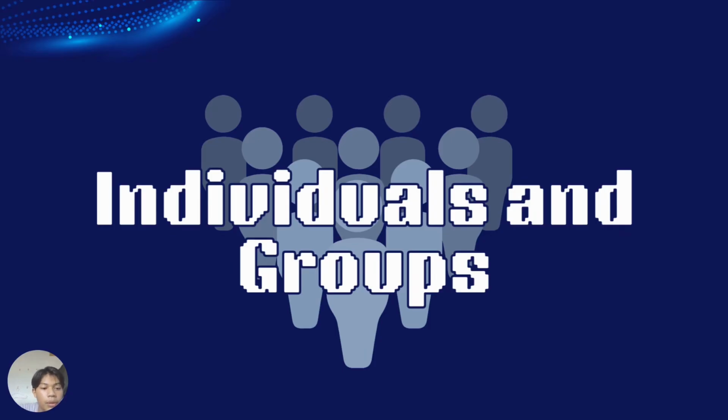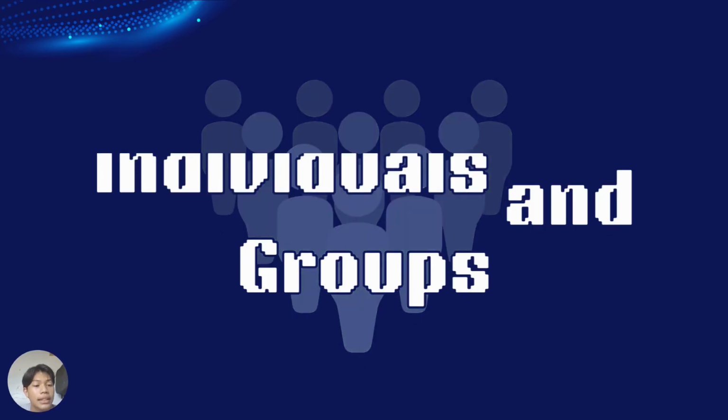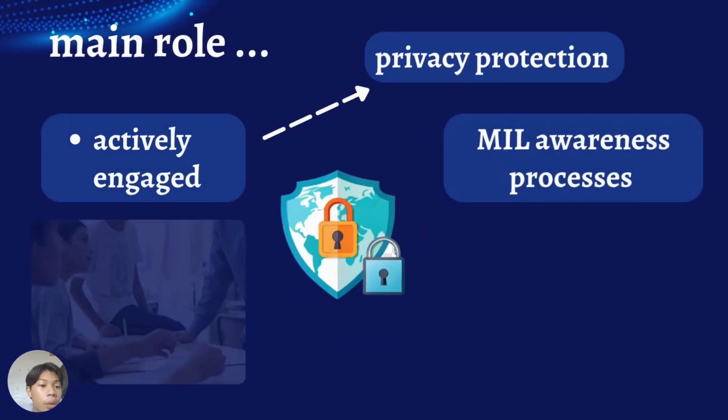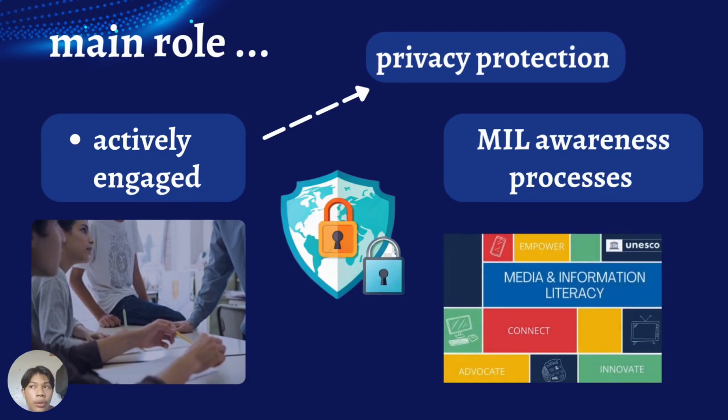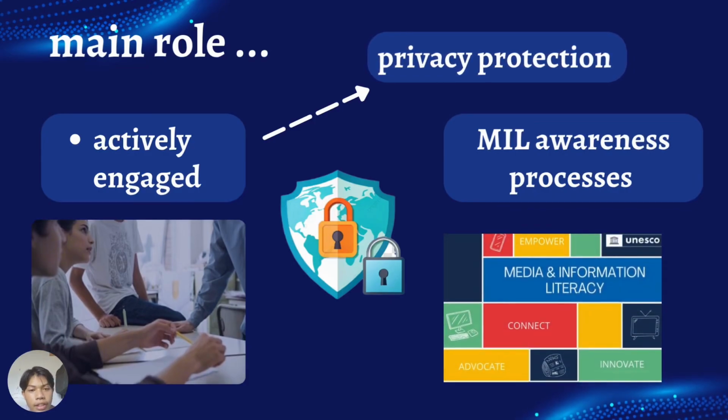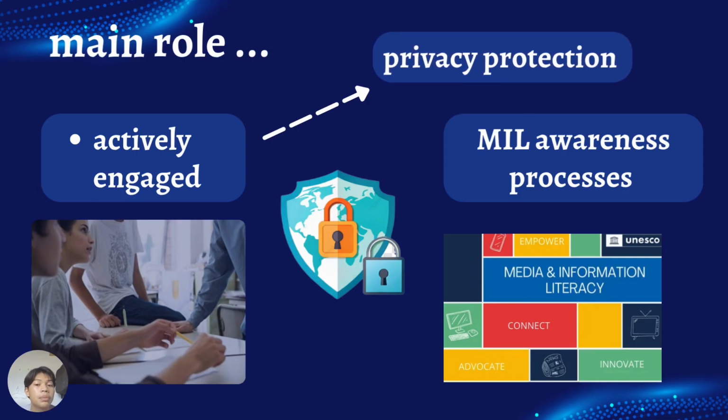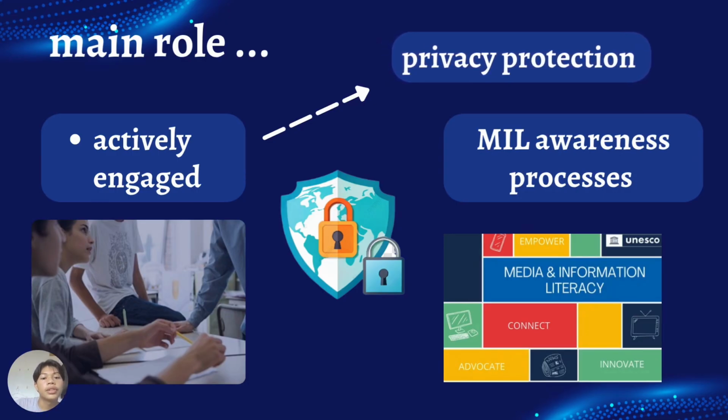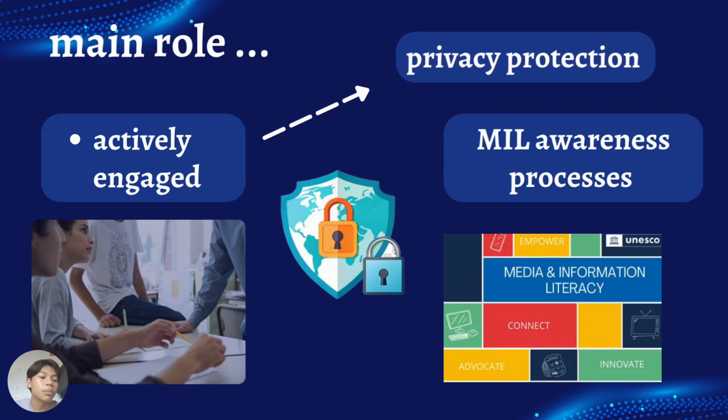Next is individuals and groups. So this is basically us. So what is our main role? As citizens, our main role includes being actively engaged. Actively engaged in what? Of course, in the privacy protection area. Actively engaged means that we, as citizens, should allow ourselves to explore and to be more knowledgeable